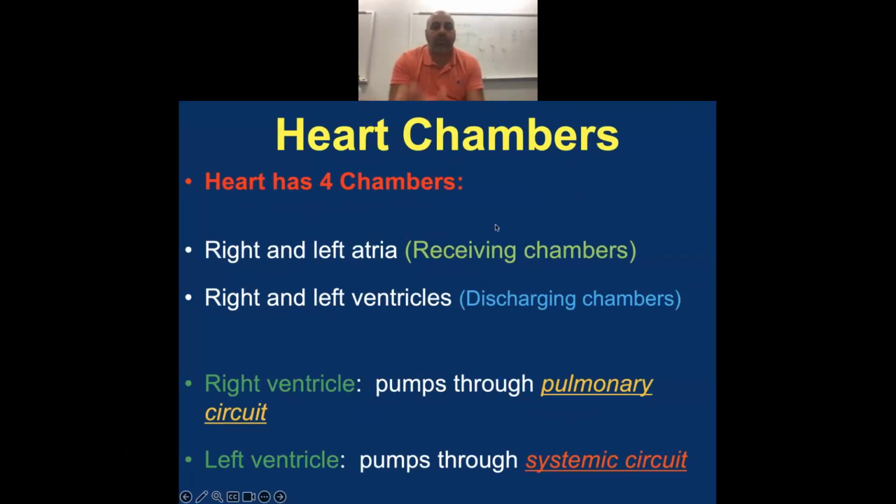So the heart has 4 chambers. Atria, that's where the blood is entering into the heart. Ventricles, that's where blood is leaving from the heart. The right ventricle is referred to as the pulmonary circuit. Left ventricle, systemic. It is a pump, pumps back up. So,